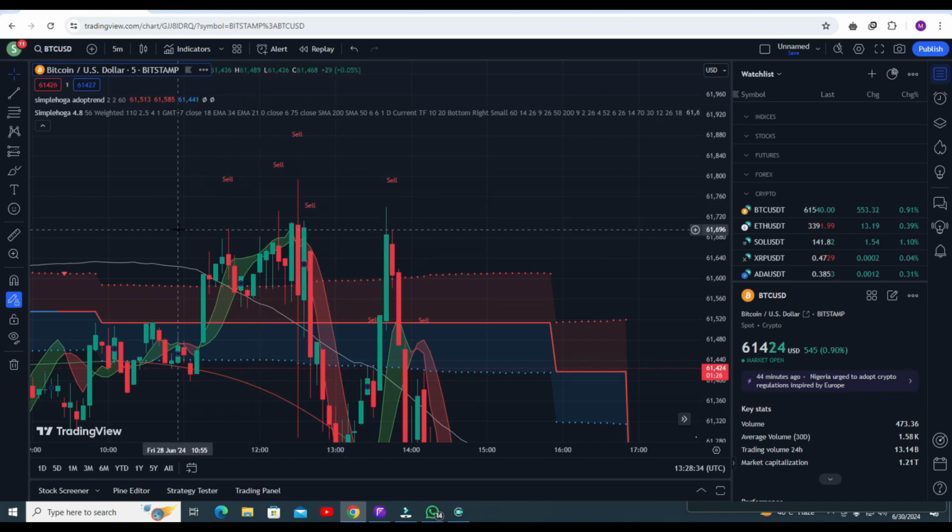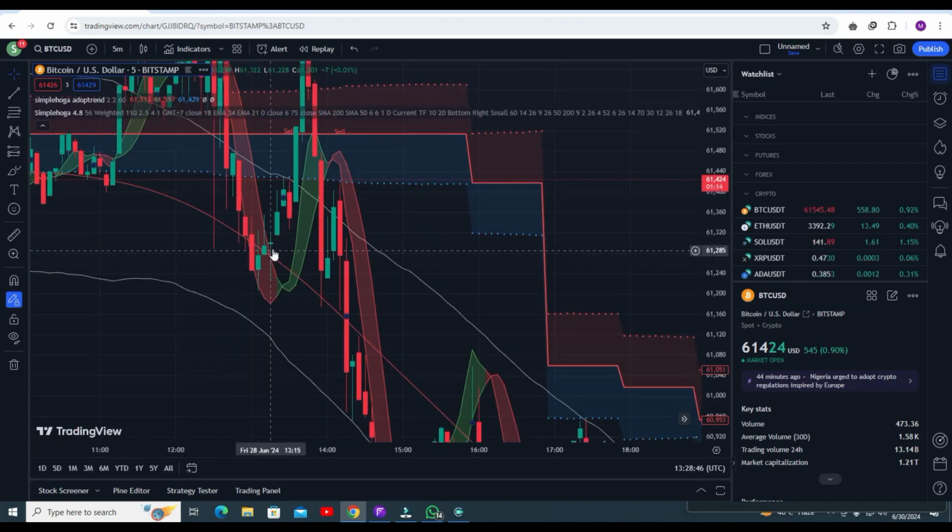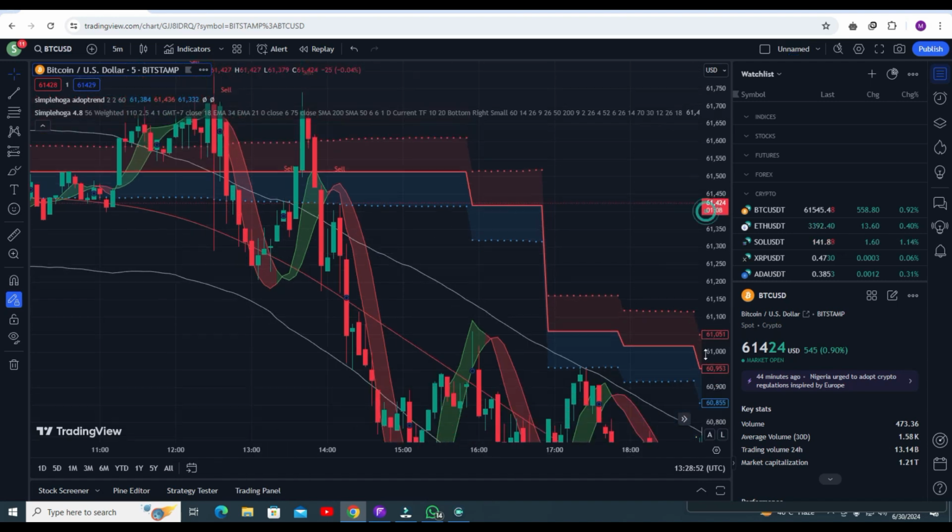Okay, but it will never happen. So this is your perfect sell trade, and as the market goes up, you can go for another sell trade as well. At the end of the video you have to exit your trade at this point, when the candle goes outside. Okay, let's show some other example.